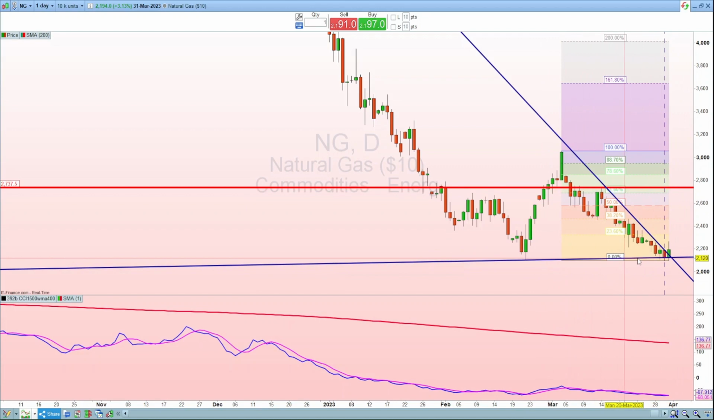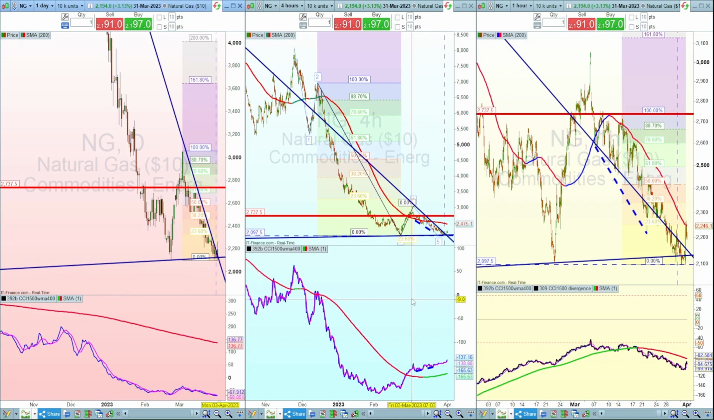If it breaks below this support line, this ascending diagonal line, if it breaks much further below that, then we're going to see further downside, and I'll explain that in the 4 hour chart. So looking at the 4 hour chart,